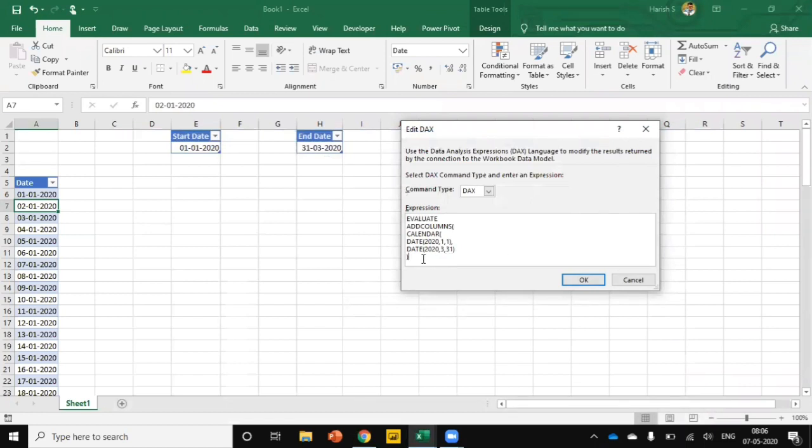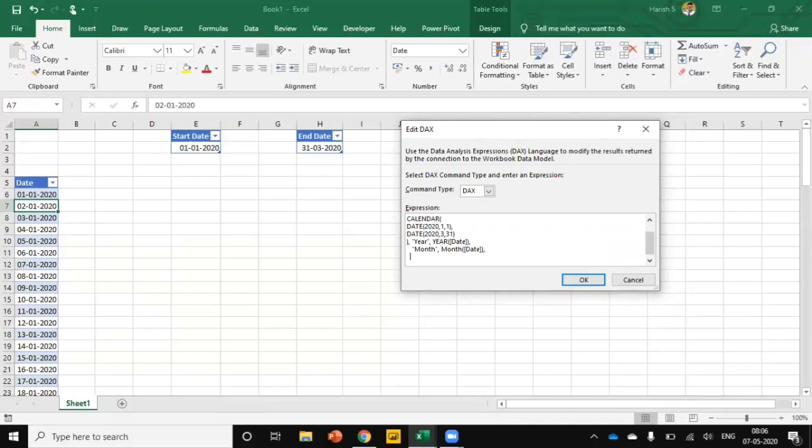Now I am going to add a column. So here I'll be adding Year, and the formula would be YEAR of date, comma. The next thing is I'm going to add Month, and the formula would be MONTH of date.